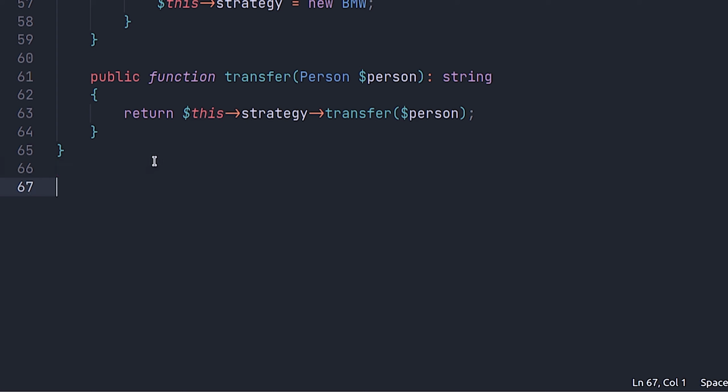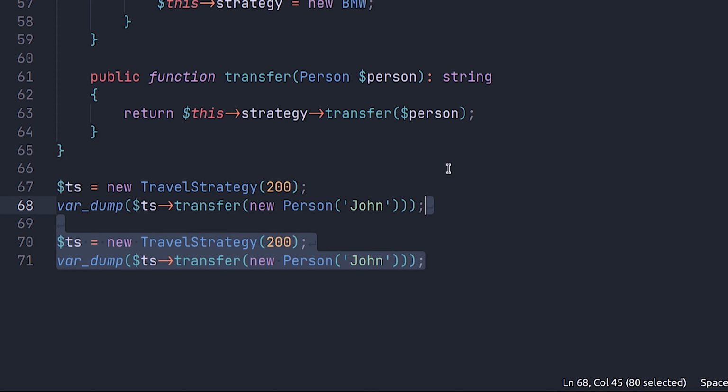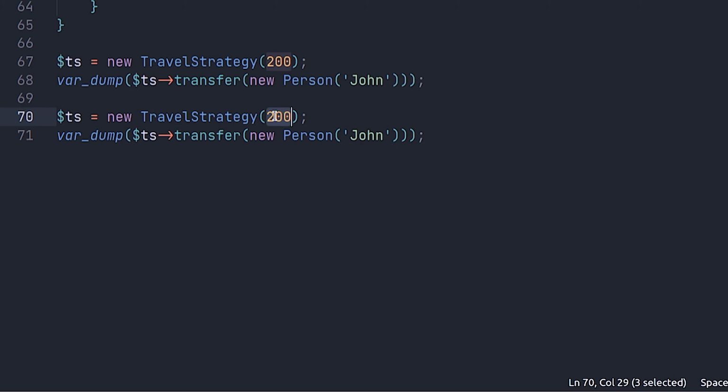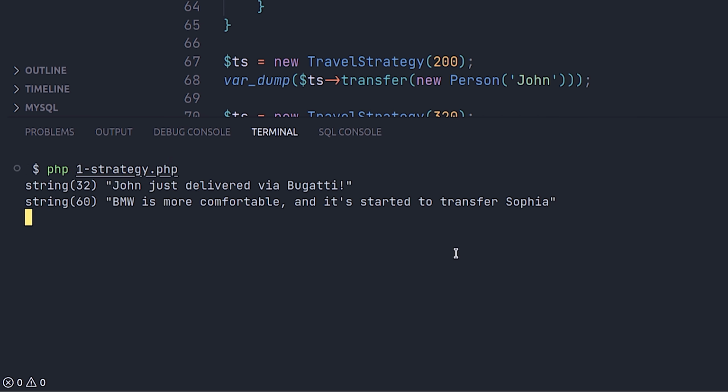So let's use this strategy. 200, in a person, John, for example, with a new passenger, Sophia, this time. So it chooses the algorithm in the runtime. It's fine. John via Bugatti,